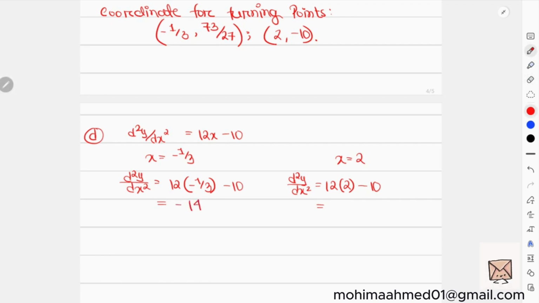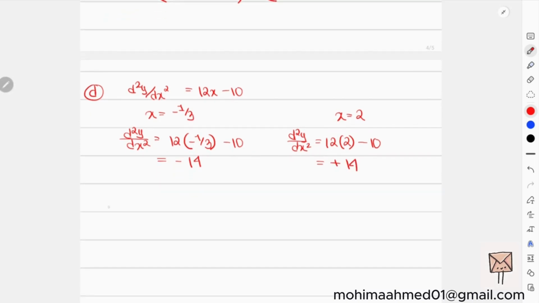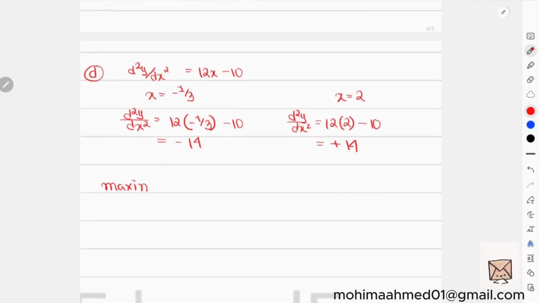Okay, and if I did the same thing with positive 2, now I get positive 14, which clearly distinguishes that minus 1 by 3 with 73 over 27 is the maximum turning point, right? So this is the maximum, and the other one is the minimum,